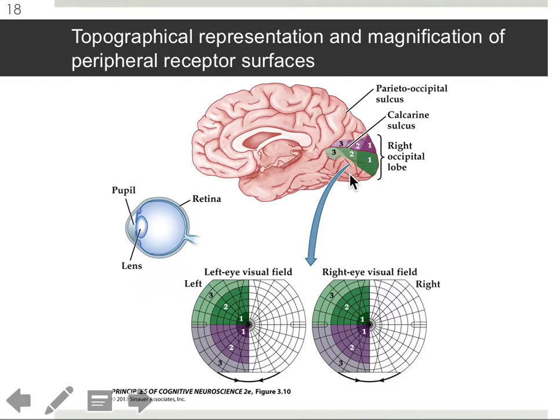So what do I mean by that? If you take information from the level of the fovea and start to move away from the fovea, so start from 0 degrees visual angle and move 5, 10, 15, 20 degrees away from the fovea, and then